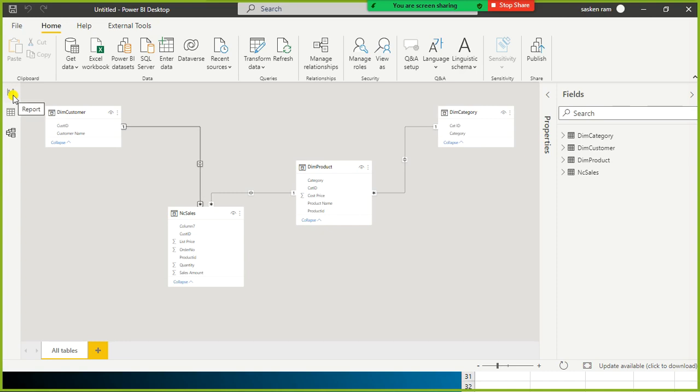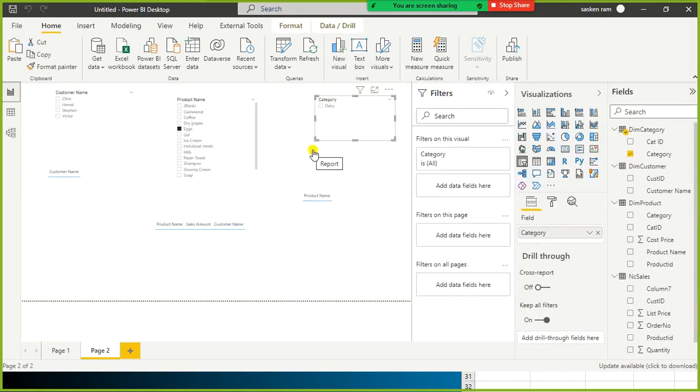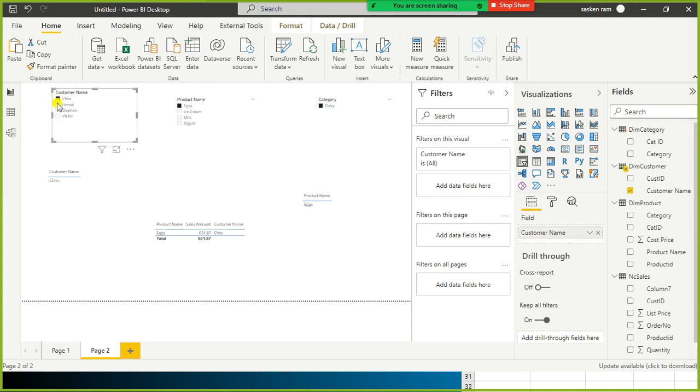X was bought by Chris. This is the one. If I select dairy here, in this category X was purchased by Chris, Hamel, and Stephen. And if I apply the filter on Chris, so he bought dairy, right? Let me just clear this.